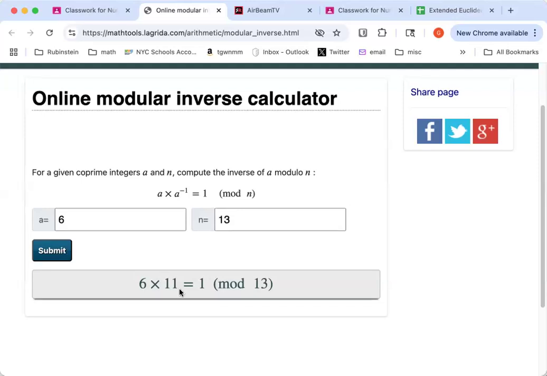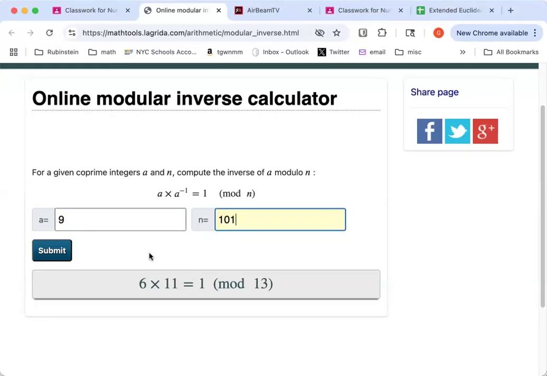It says it down here. 6 times 11 is equal to 1. See, inverse is 2 numbers that when you multiply together, you get 1. It's kind of like reciprocal, although in this type of math, there's no fractions. So this is kind of fun because now I could go crazy, what's